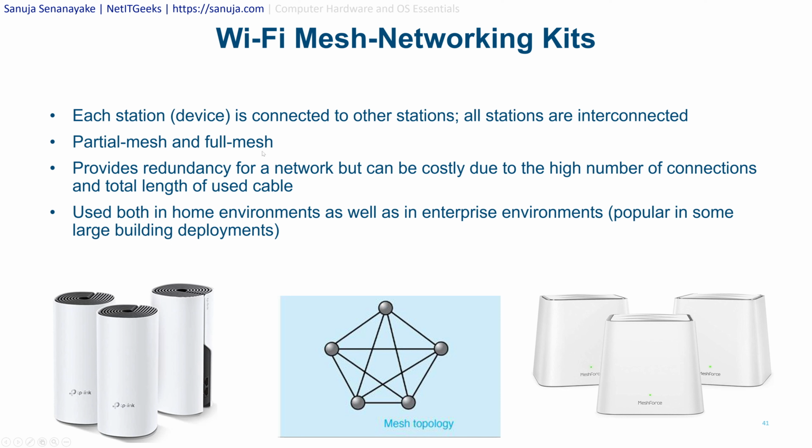Full mesh happens when the internet connection comes into your house. You have a demarcation point, let's say your modem in this case, or ONT if it is fiber. And then right behind it, you create an entire mesh network, so your whole house or whole building is on a mesh. That's called a full mesh. A partial mesh is that you have network connections, which is like traditional connections going through a router and